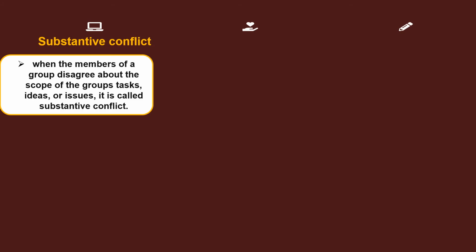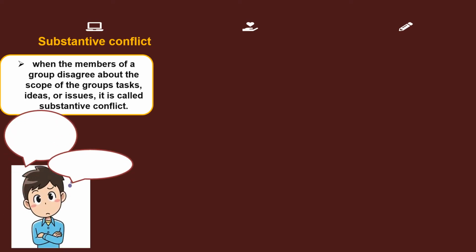Under interpersonal conflict is substantive conflict. When the members of a group disagree about the scope of the group's tasks, ideas, or issues, it is called substantive conflict. For example, the student council's argument about whether to have a bake sale or a raffle is a